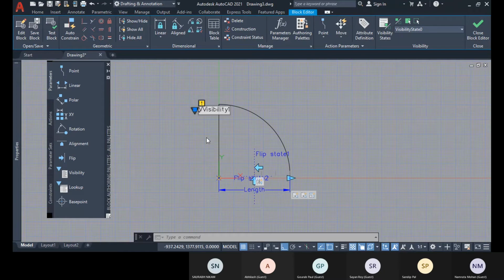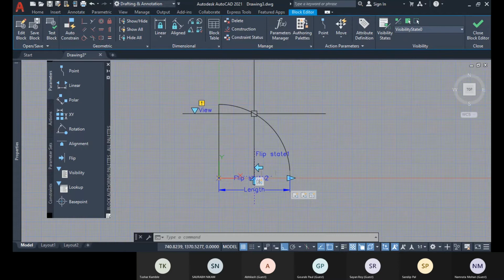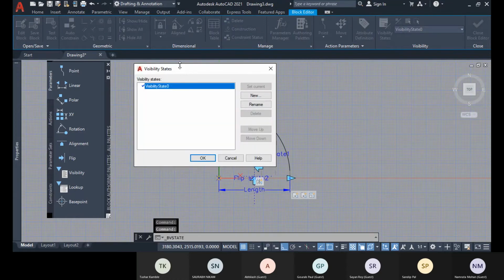Okay, so you mention with view, enter. Okay, and now go to this visibility panel, and there go to this visibility state.